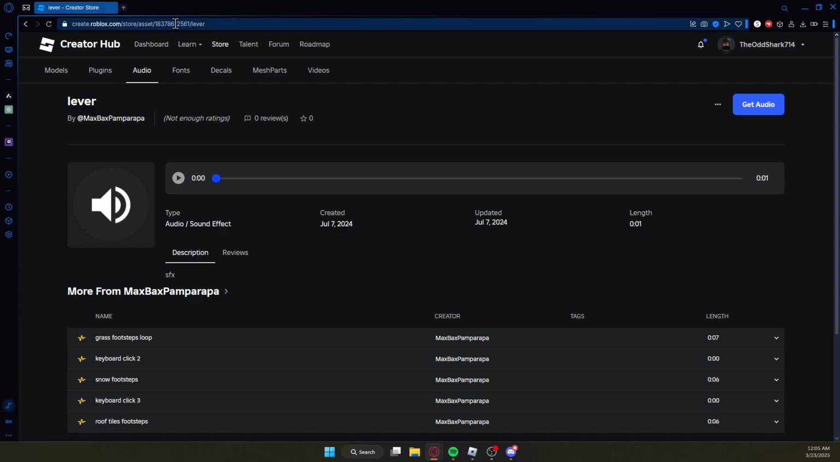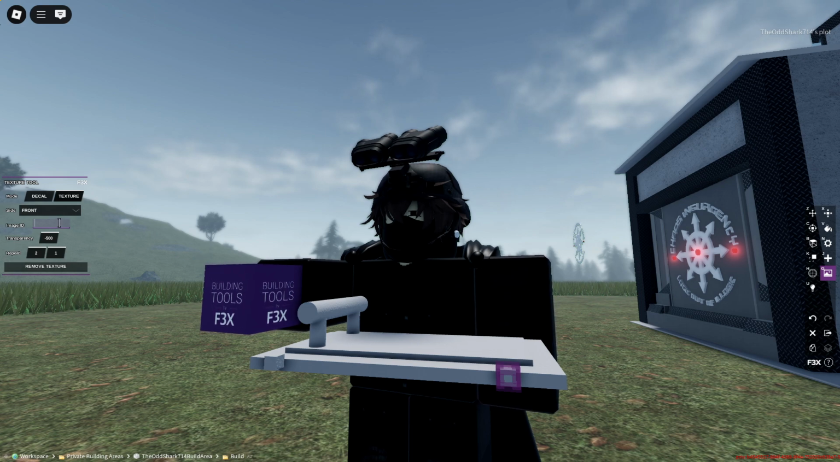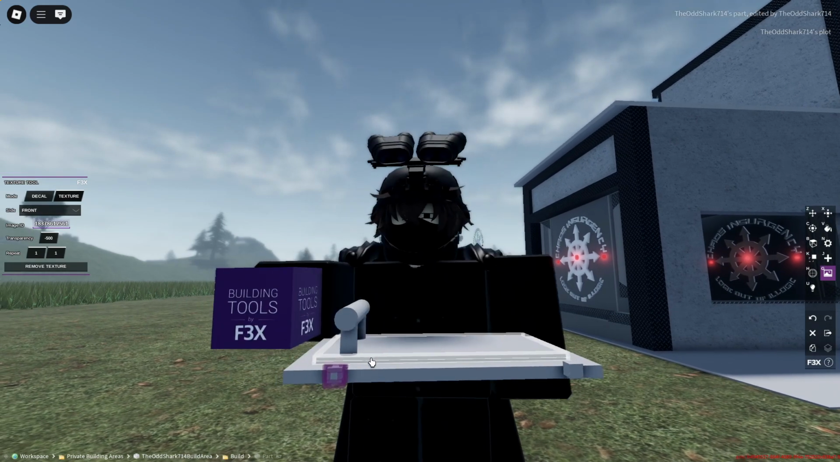You're going to go to the URL, see this number, copy it, go back to Roblox, image ID, paste, press enter, go to your other one, and if you want the sound to go when you either way, so like